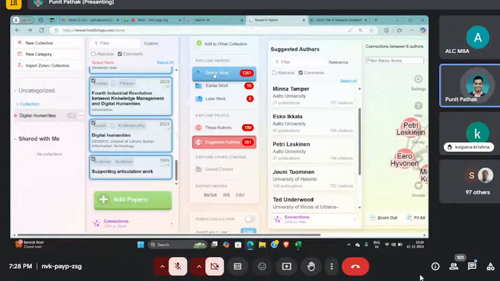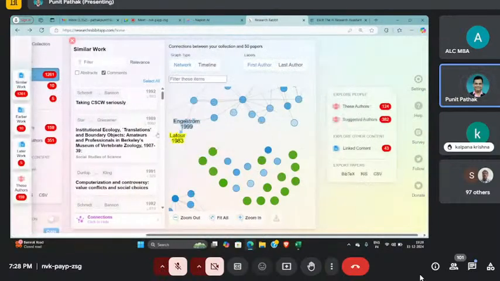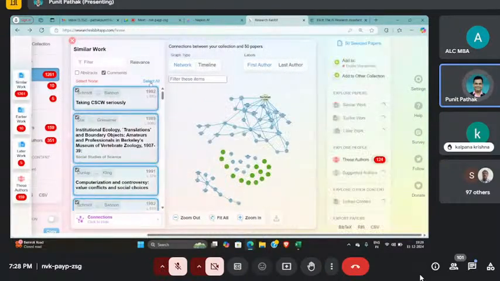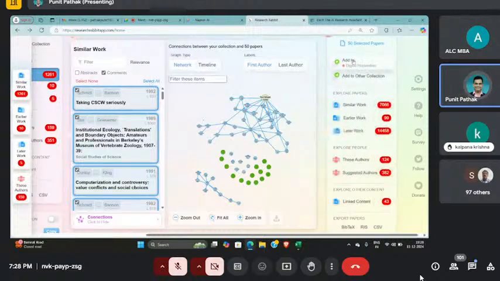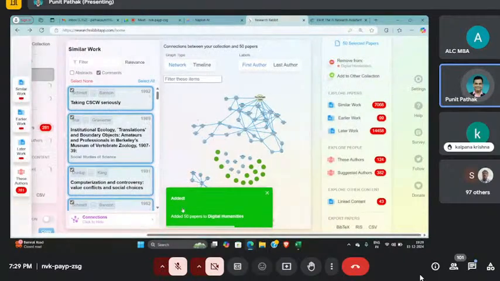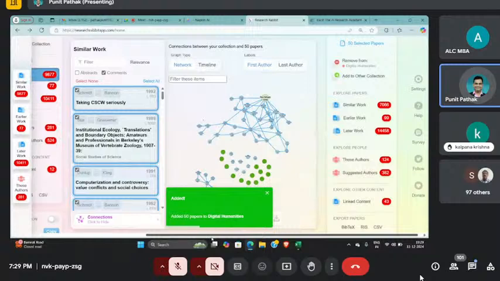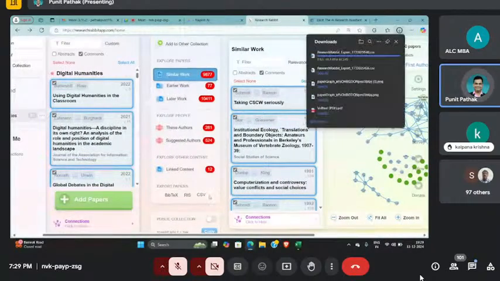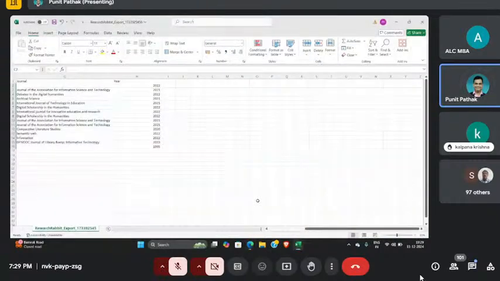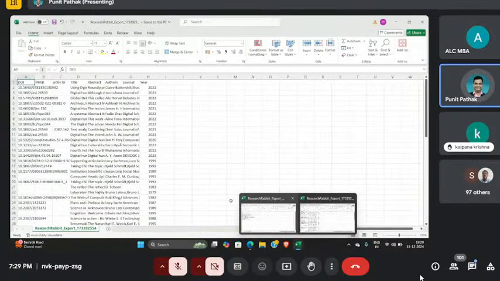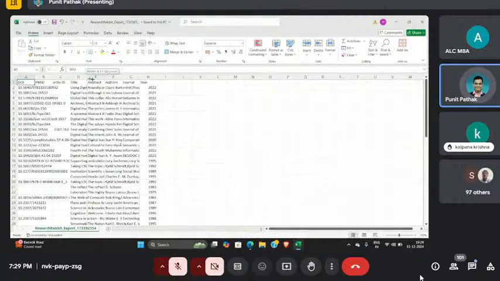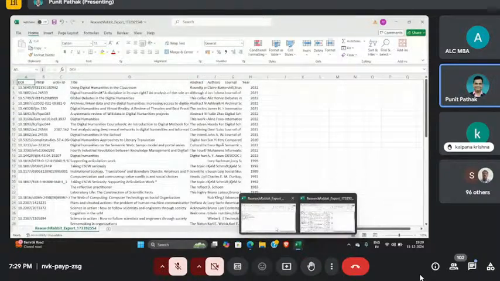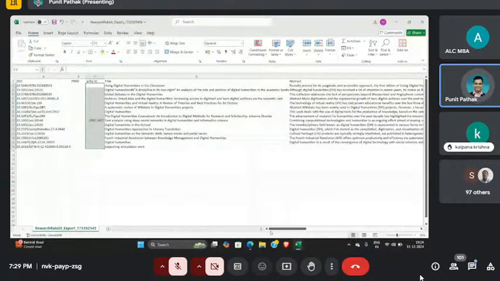So for example, if I go to similar works, let's say there are about 1200 or so works here. I select all of them, and if I click on add to digital humanities, we should be seeing a pop-up in just a moment. I think about 50 or so papers are selected. It says added 50 papers. So these new papers have been added to my base collection. And if I again click on CSV, we should have a bigger list this time. So we can see that the list has increased. We can obviously see the difference between the previous version, which consisted of a few papers that I added manually, and this